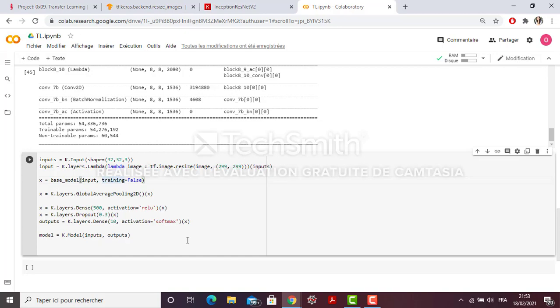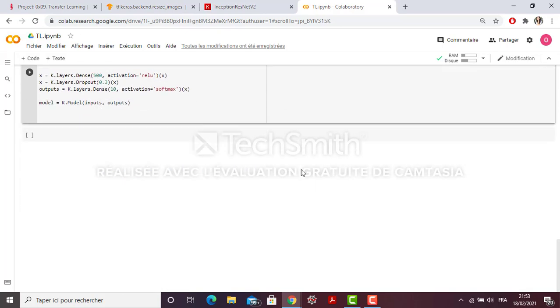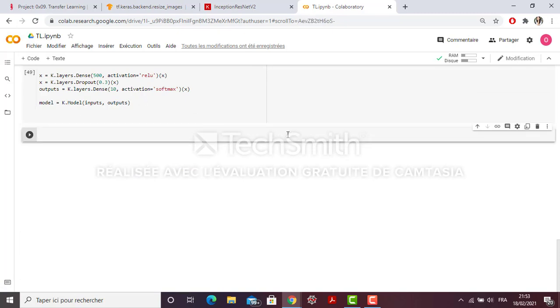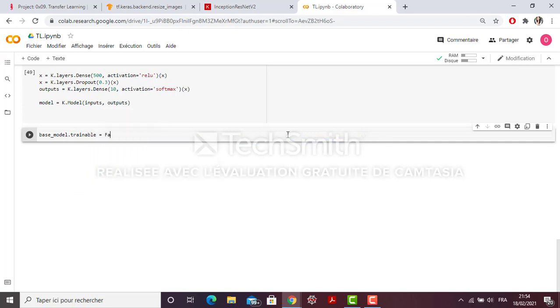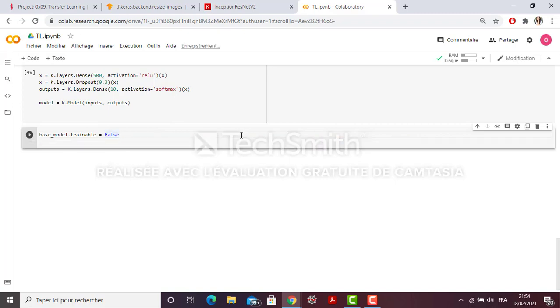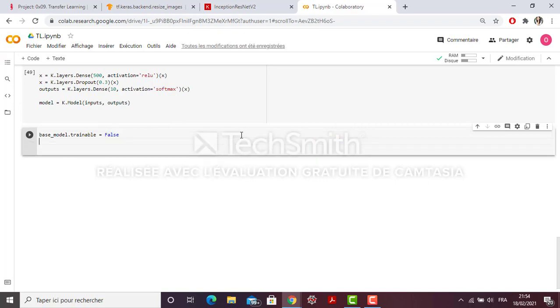Now the first thing to do is to train only the top layers, which were randomly initialized. To do this, I'm going to make sure that my base model is frozen. Then I'm going to choose my optimizer.